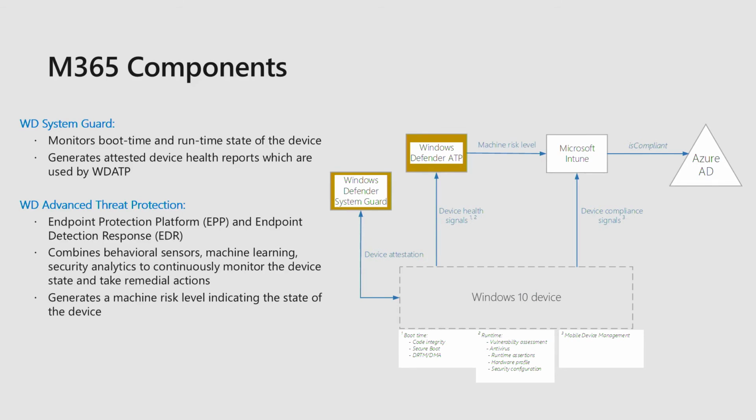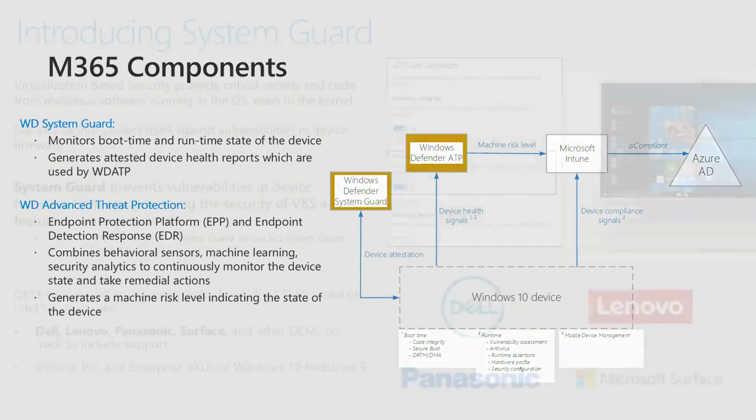And because of this combination of System Guard with ATP as Overwatch, we're able to say not only are we able to get hardware signals, but we're able to get deep introspection of things like macros, PowerShell runtimes, Python, authentication anomalies, all happening on the device, and those are all streamed up through conditional access and AAD and applied to every resource access.